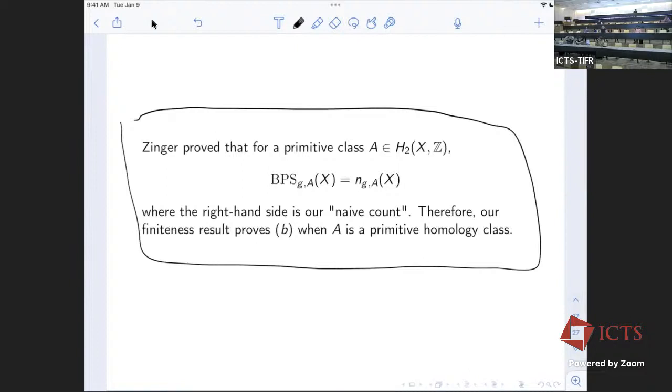I just wanted to clarify something. This count of ADHM vortices which you're doing is done to take care of the multiple cover problem, like a sequence of curves collapsing to a multiple cover, but it's not to take care of the genus issue, right? You mean the ghost collapse? Yes. So the ghost collapse you have to rule out independently,